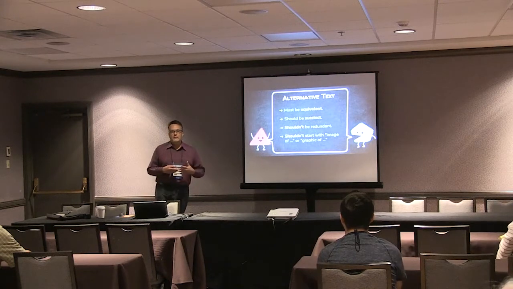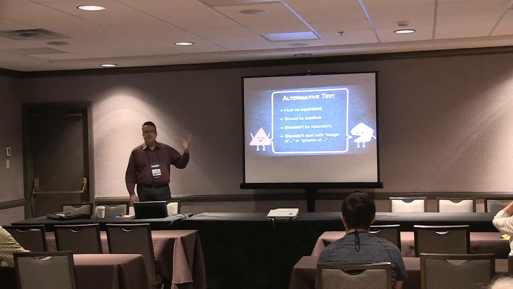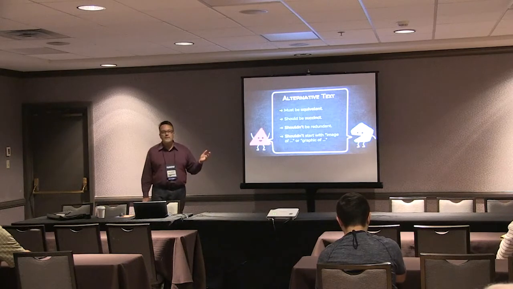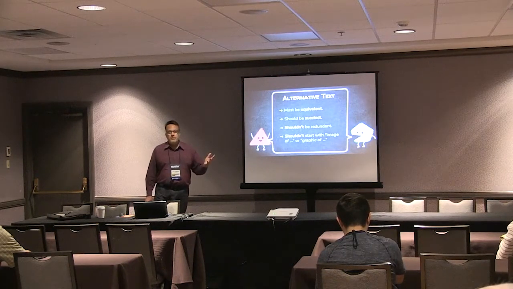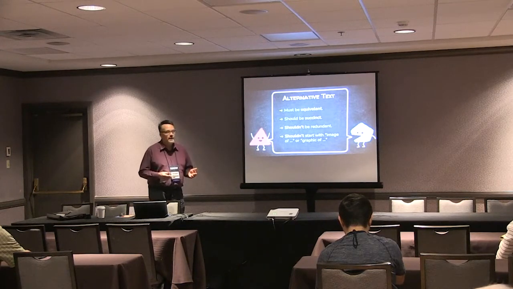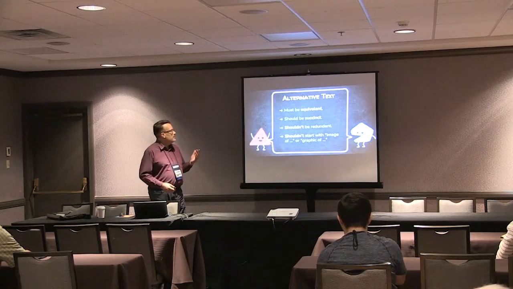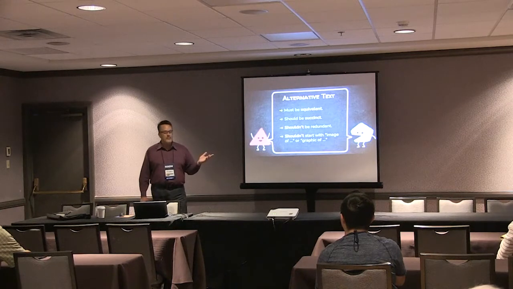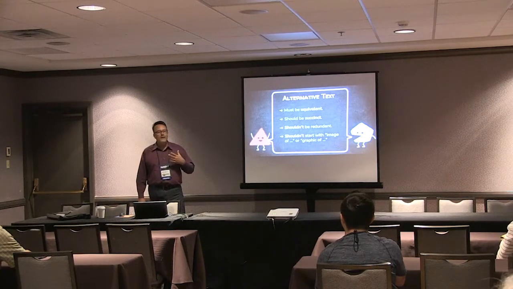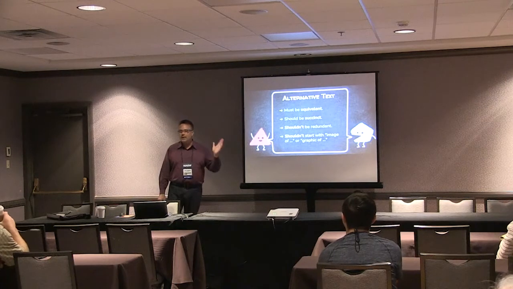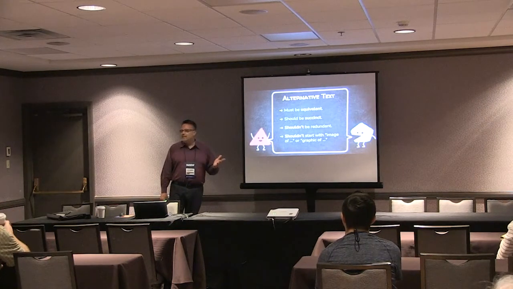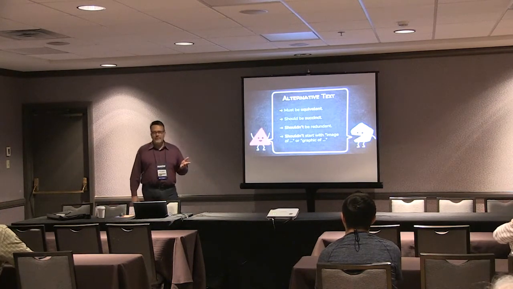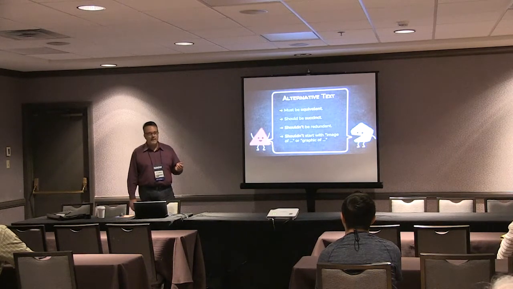So how do we test our alternative text? It needs to be equivalent, and that might sound kind of obvious, but it needs to represent the image. Basically, if the image weren't there, what would we need to convey to users in place of that image? Some things that aren't equivalent: sometimes I'll see a photo credit as alternative text, but that photo credit is nowhere else on the page, and somebody decided, well, I'll just bury it in the alt attribute, and that way it's there in the code. But that's not telling me what the image is. That's just some extra information that's there.